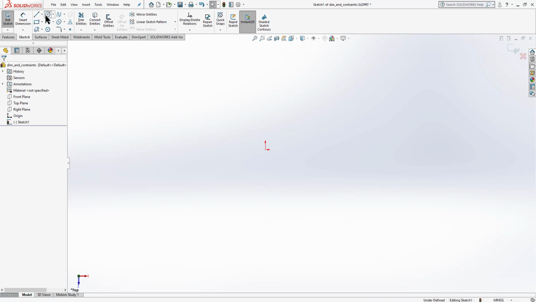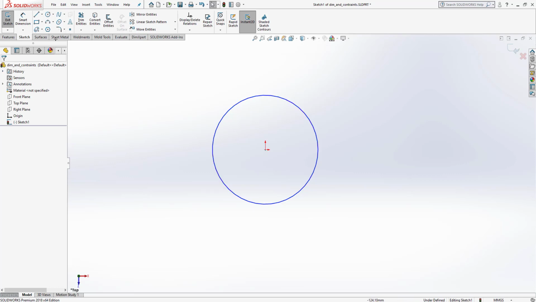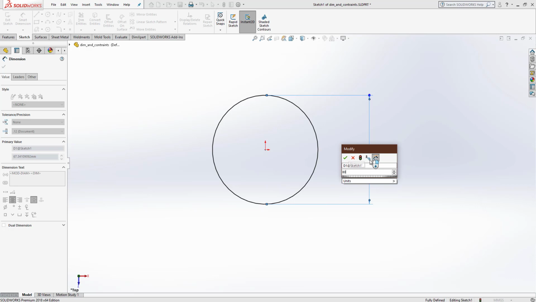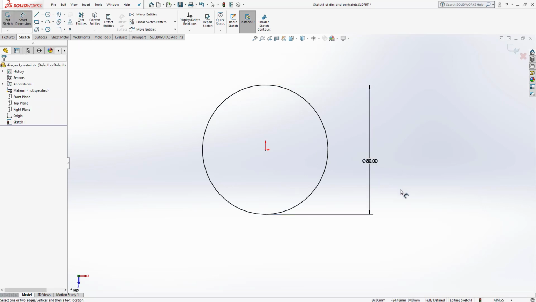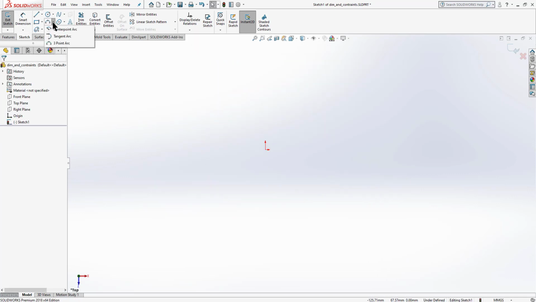So when we create the circle centered at the origin, we only need to give the diameter of the circle and it will be fully defined. Just select and delete. Now if there is any arc, let's say